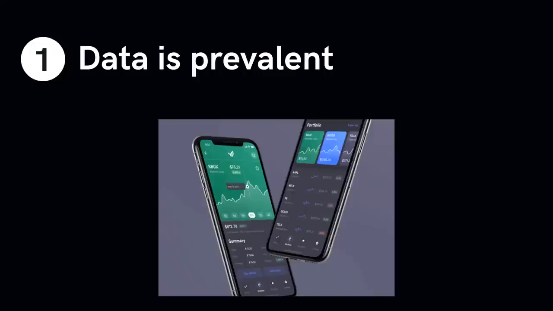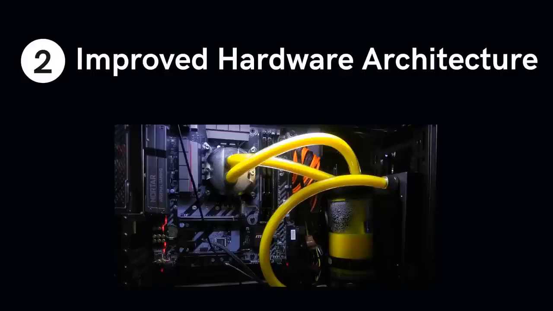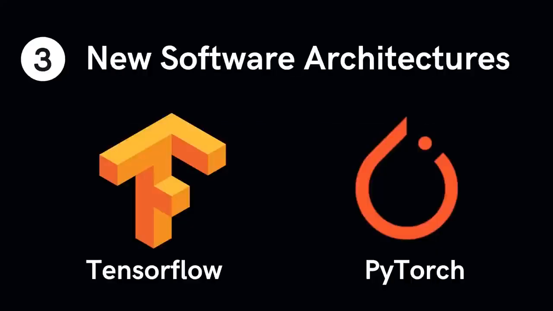Well, for one, data has become much more pervasive. We're living in the age of big data, and these algorithms require massive amounts of data to effectively be implemented. Second, we have hardware and architecture that are capable of handling the vast amounts of data and computational power that these algorithms require, hardware that simply wasn't available a few decades ago. Third, building and deploying these algorithms, or models as they're called, is extremely streamlined with the increasing popularity of open source software like TensorFlow and PyTorch.